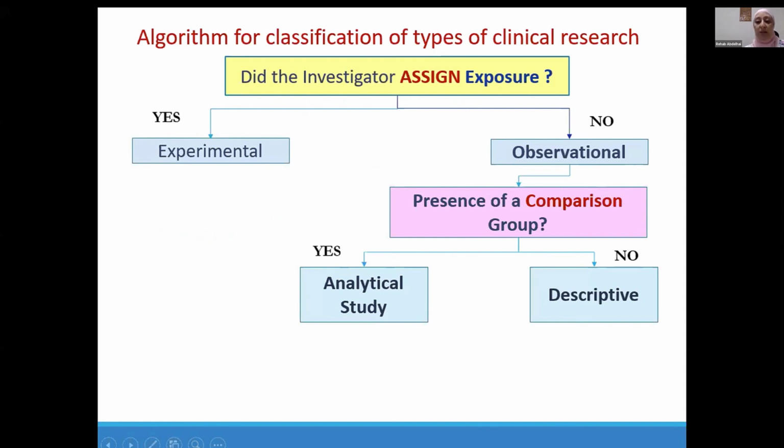People who smoke are smokers, people who don't smoke are non-smokers. So this is an observational study, and then presence or absence of a comparison group, this is an analytical study. I'm moving to this